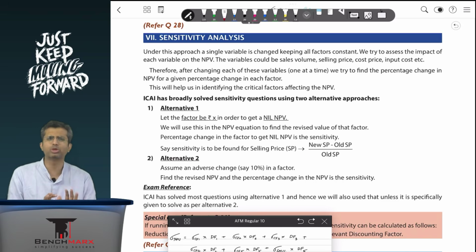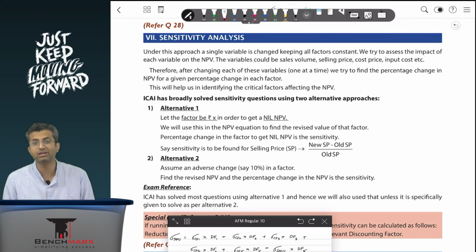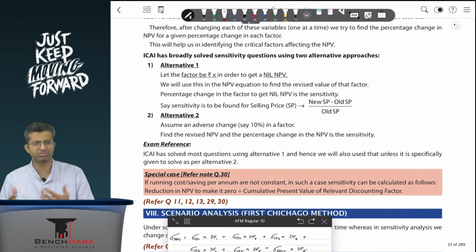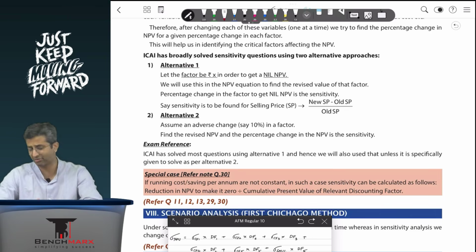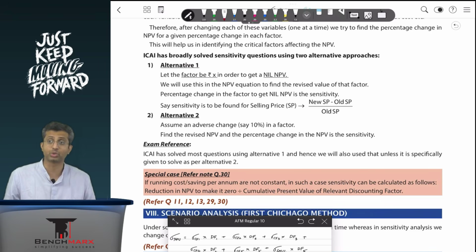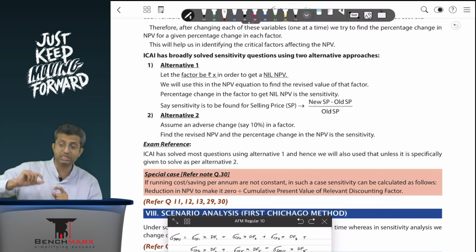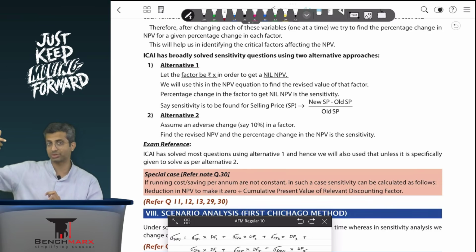In which case, what you will typically do is find the present value of these, let's say, total running cost or variable cost. You will find the existing present value. Let's say it comes to 5,000. Your current NPV is, for example, 3,000. So you are saying that if my variable cost increases in present value terms by 3,000,